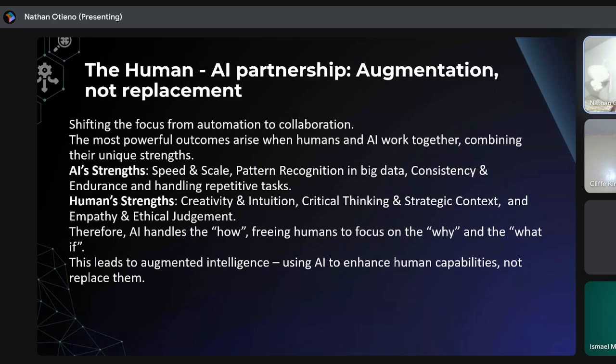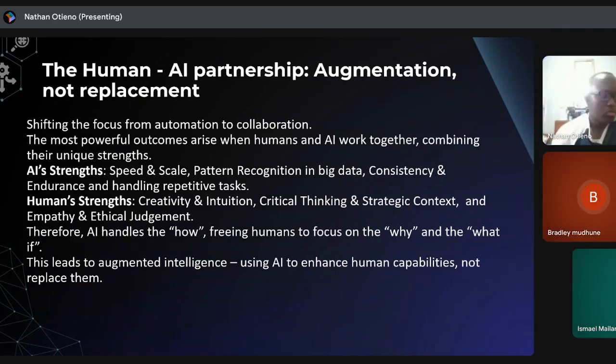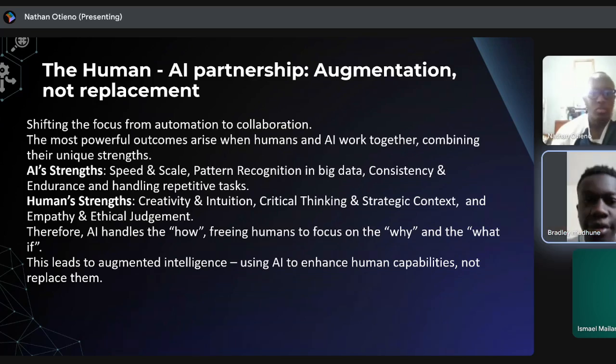I'm Bradley. I'll be taking you through the human AI partnership: augmentation, not replacement. Shifting the focus from automation to collaboration, the most powerful outcomes arise when humans and AI work together, combining their unique strengths. Some of the AI strengths are speed and scale, pattern recognition in big data, consistency and endurance, and